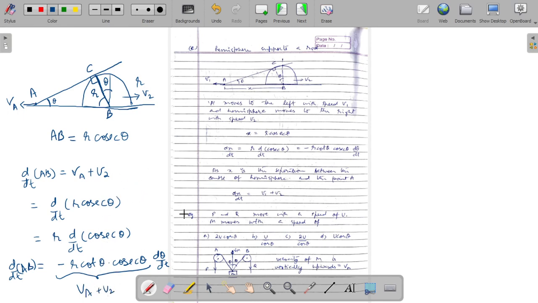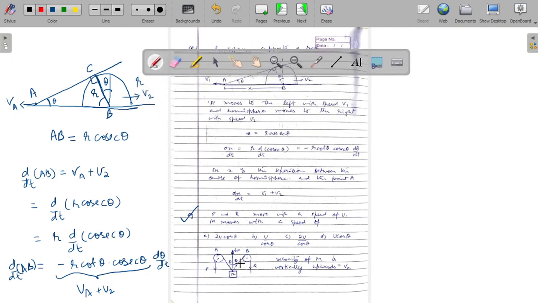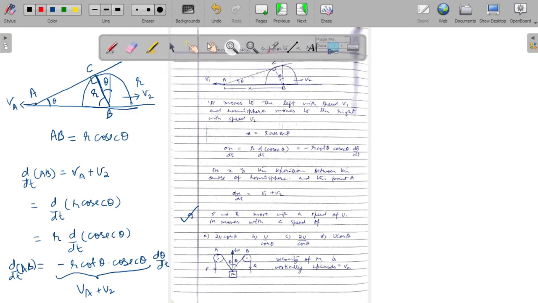Now we come on to some common questions which are asked in this idea, like this question. So what we have is a pulley, pulley 1 and pulley 2. So these are the pulleys which we have, pulley number 1 and pulley number 2. Let us say you have two strings, and you have a string like this, and you have a mass M.